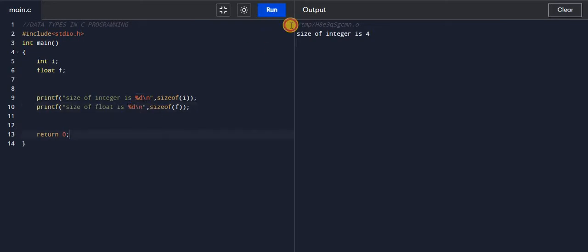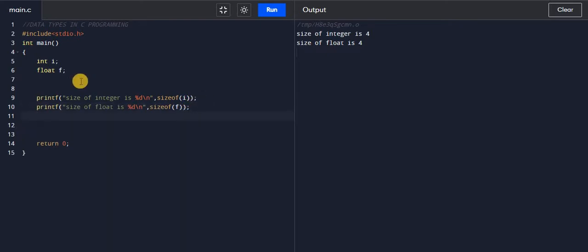If I run this, you will see the size of float is also 4 bytes, depending on the 64-bit operating system. This floating data type is used to store floating values like 5.5, 10.5, that means a floating variable holds decimal values.